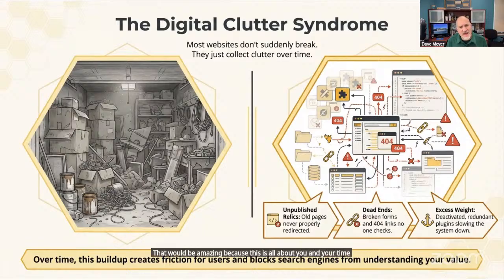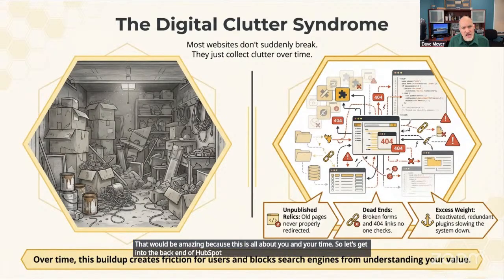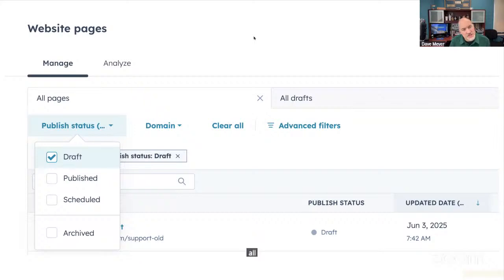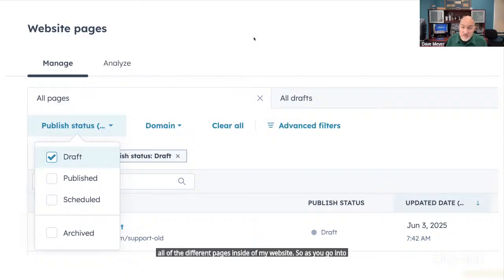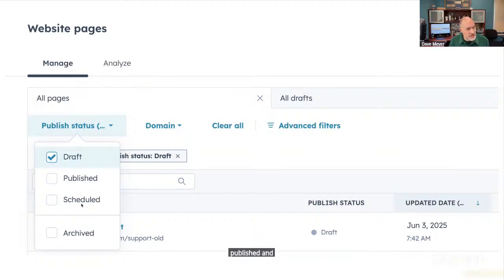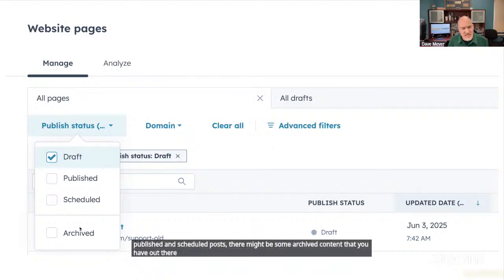So let's get into the back end of HubSpot so that you can see how some of this works. So as I'm looking for digital clutter, I want to look at all of the different pages inside of my website. So as you go into the content part of HubSpot, the Content Hub, you're literally looking at draft, published, and scheduled posts. There might be some archived content that you have out there that you really just don't need anymore. So look at those, review all of them, and analyze what you're getting out of each of those pages,